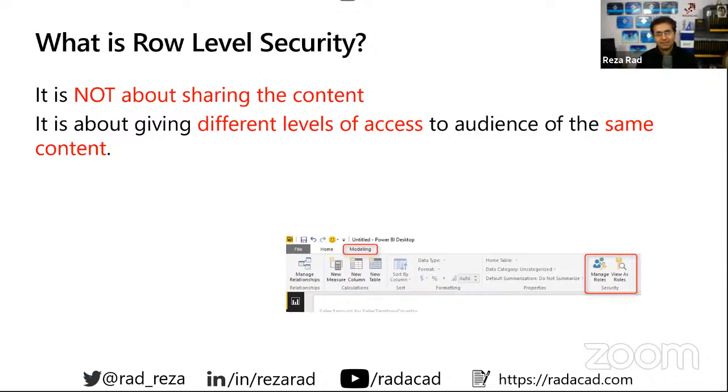Instead of me creating 4 or 5 different reports with 5 different filters and giving them access to only the part of data that they have, which causes a lot of maintenance problems, what we normally do is define row-level security.